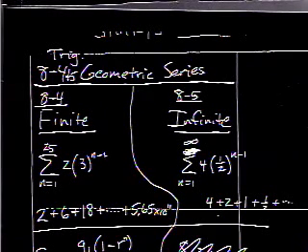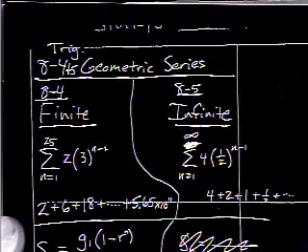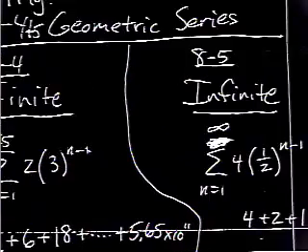Okay, these are the trig notes over sections 8.4 and 8.5, the different types of geometric series. 8.4 is about the finite case, whereas 8.5 is about the infinite case. Now there are a couple of other types of infinite series in section 8.5, but we're really not going to focus on those. We really would like to focus on the finite case for geometric and the infinite for geometric. Well, you might see something that looks like the summation notation